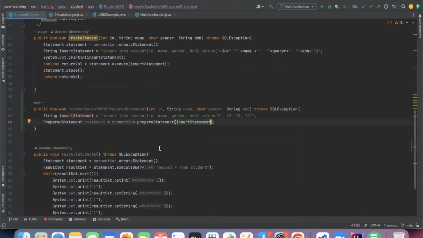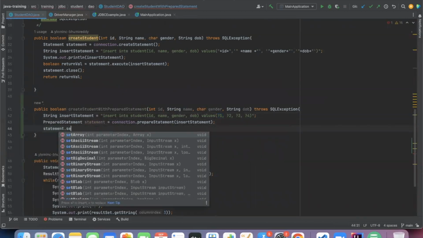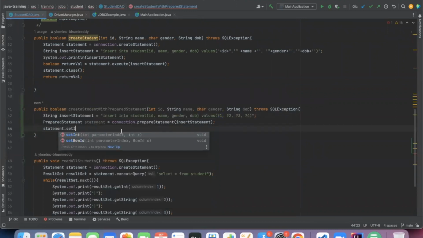So this is the way you can pass values at question mark symbols. Now statement dot set. This is where you can set the different values. So what is a name? Set int, right? Parameter index is